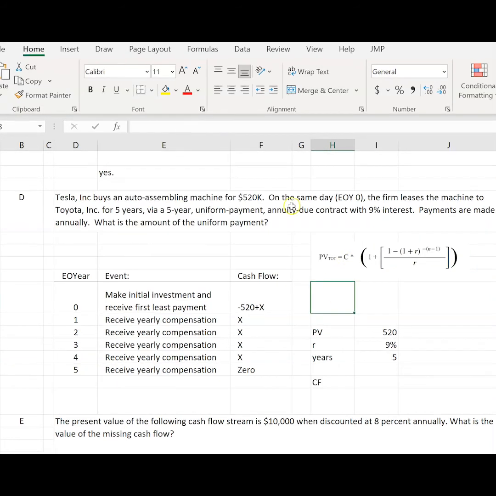So what we can do to further understand how we're going to solve for this cash flow right here is just rewrite this equation in order to solve for the cash flow. So I'll go ahead and write the cash flow is equal to present value, and that's going to be our numerator. And then present value is going to be divided by this whole thing. So say divide by